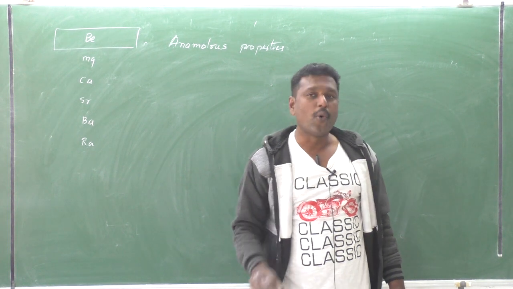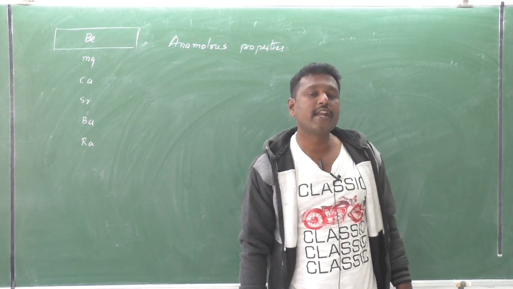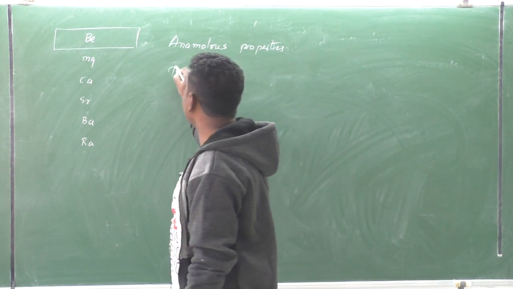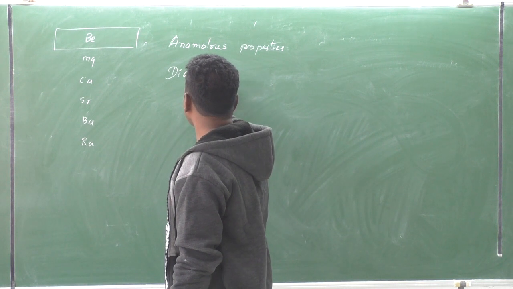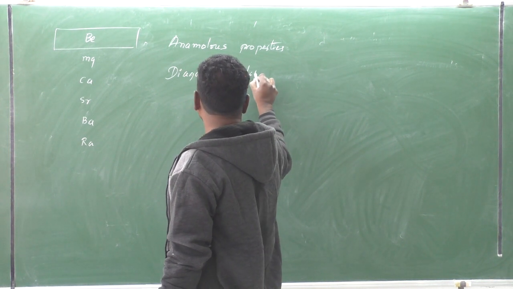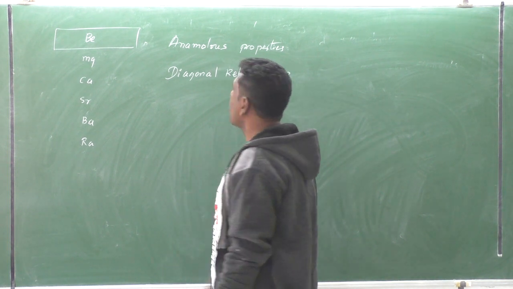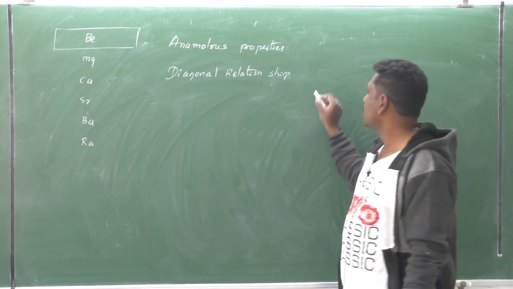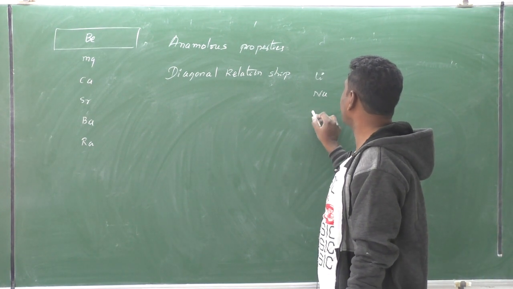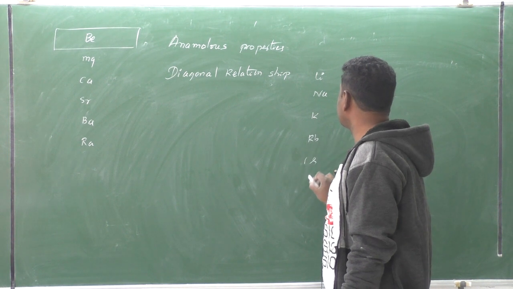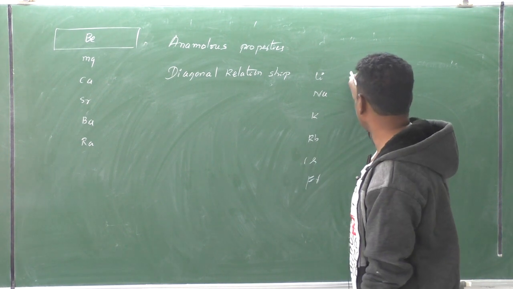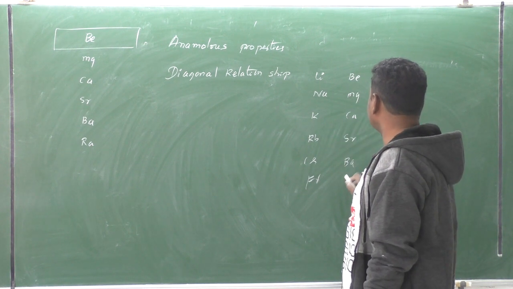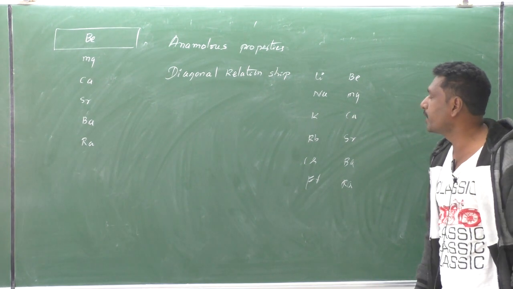Here, beryllium can exhibit diagonal relationship. Diagonal relationship is exhibited by beryllium. Lithium, sodium, potassium, rubidium, cesium, francium; beryllium, magnesium, calcium, strontium, barium, radium. After that, next one